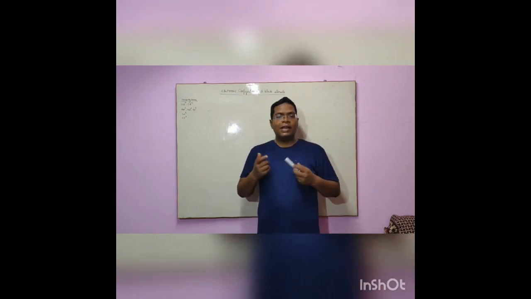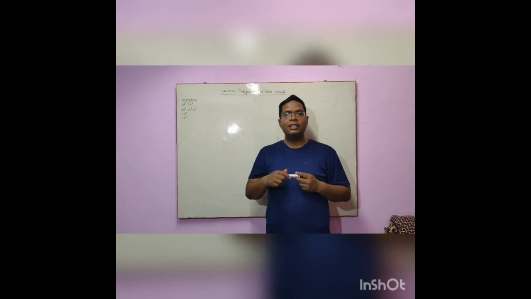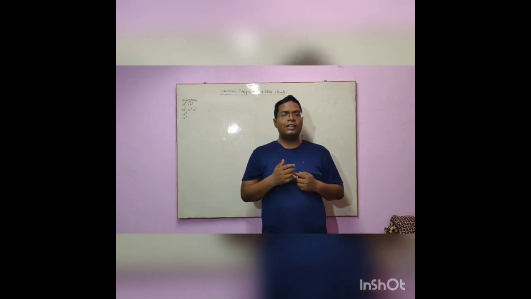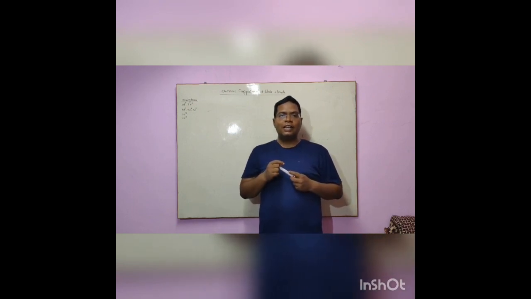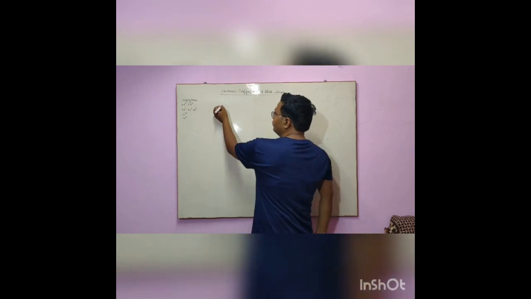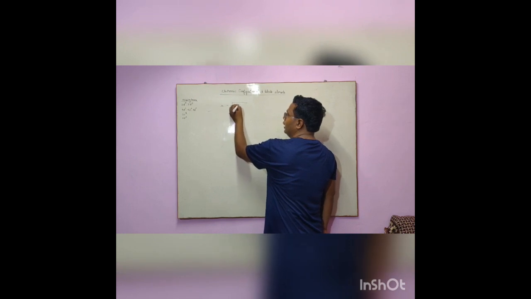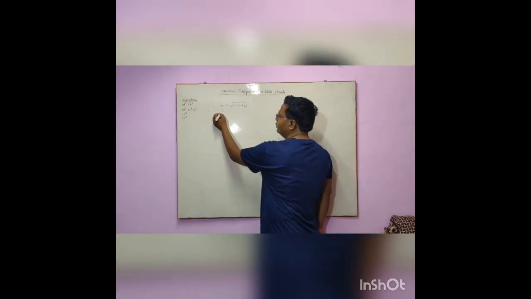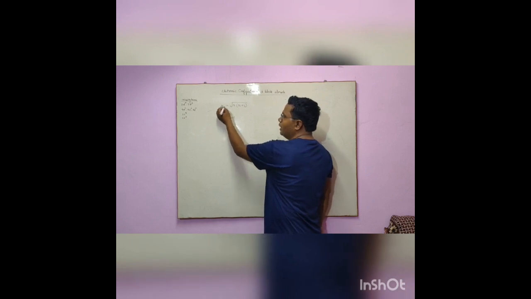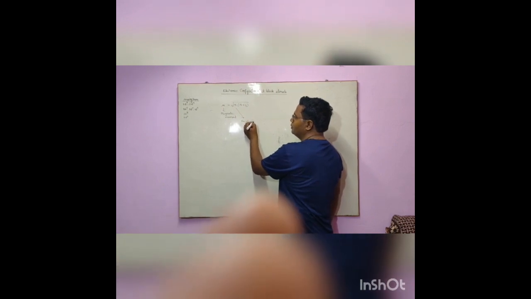Then we will find the magnetic moment. Means the molecules have particular magnetic moments, and in the same way the atoms, particularly the electrons, also. So we will find the magnetic moment of atoms first, with the formula mu is equal to under root n plus 2. With the help of this formula, we will find the magnetic moment. With the help of this magnetic moment, we will find the number of unpaired electrons.